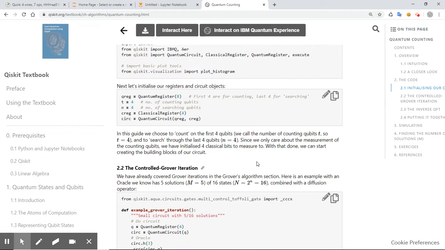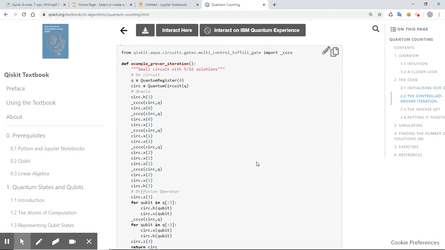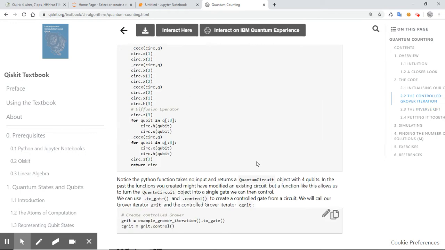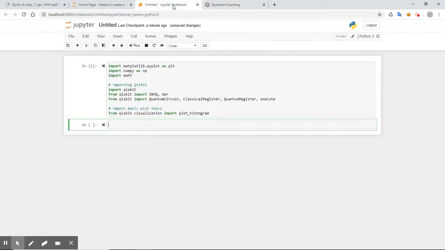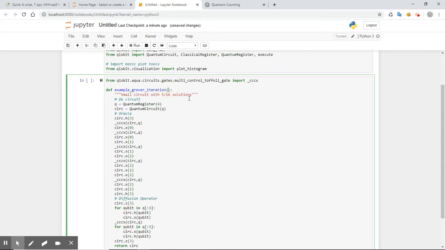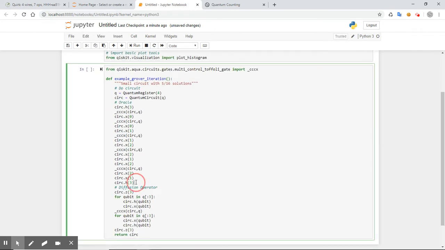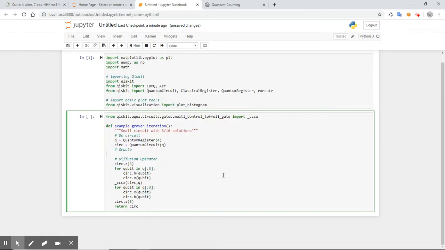And what do we do? So example Grover iteration. Okay, so there's an entire function in here. So they do it in one function. So I want to have, okay, so that's the Oracle part in here, and I want to have here the amount of qubits, right? A quantum register. So this is basically what I want, and then I want to have